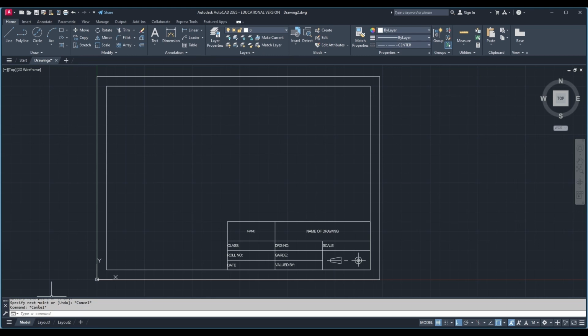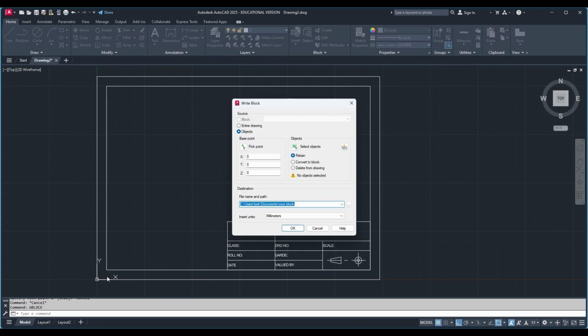Now we have different lines and rectangles. We need to combine this into a single one by clicking the W block command. So W block, then this pop-up will appear. It will ask me to pick the base point as well as objects. So first you have to make sure it is objects. Select objects you need to do